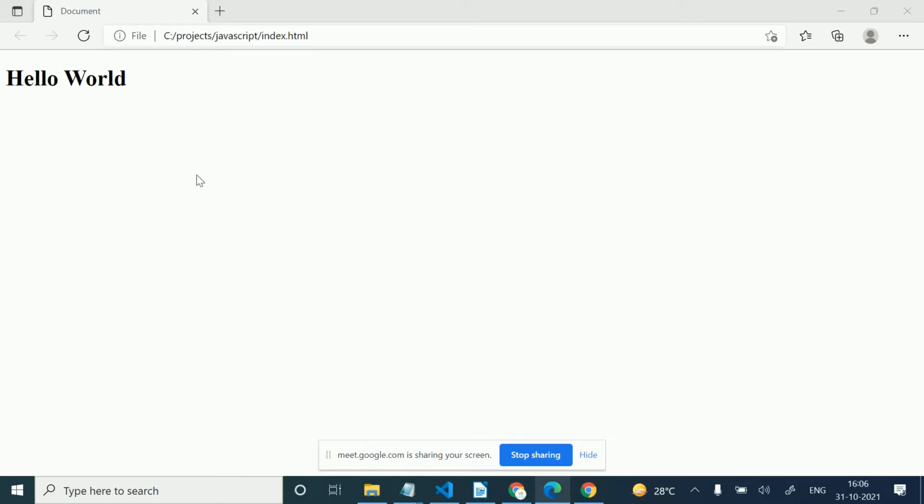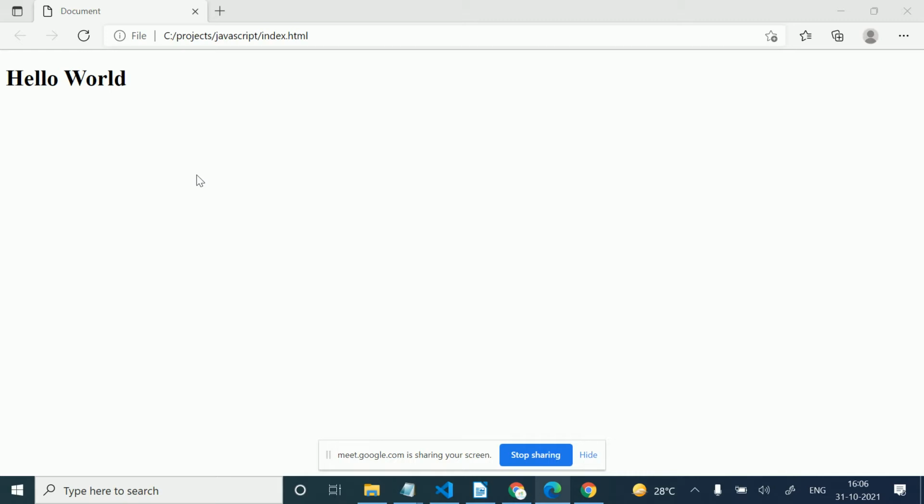So now I am starting my third lecture of JavaScript. Today we will discuss data types. There are a few data types. We have some functions used to convert the variables. Like if we have a string, then we can convert that string to a number. If we have a number, then we can convert that number into a string and boolean as well.